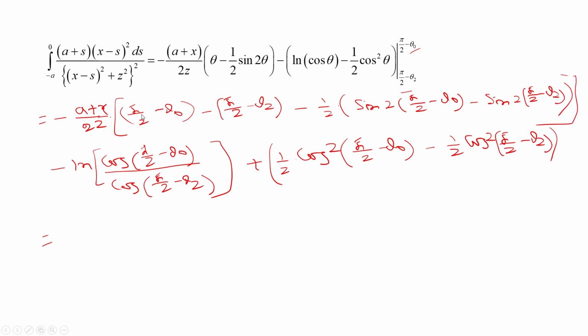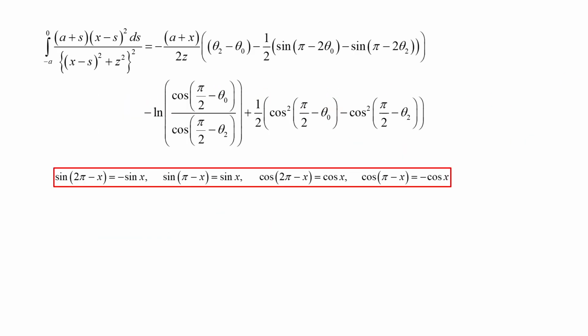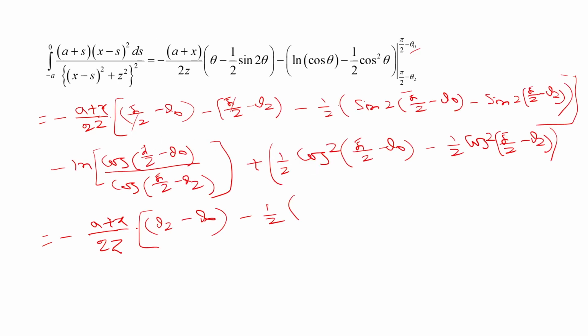So, for example, this pi by 2 minus pi by 2 gets cancelled over here. So, here we will get minus a plus x by 2 z, and here I will get theta 2 minus theta 0, minus half, and then sin pi minus theta 0. So, half of sin of pi minus pi minus 2 theta 0. Sin pi minus x is, no, sin pi minus x is sin x, sorry. So, it will be sin 2 theta 0 minus sin 2 theta 2 over here,